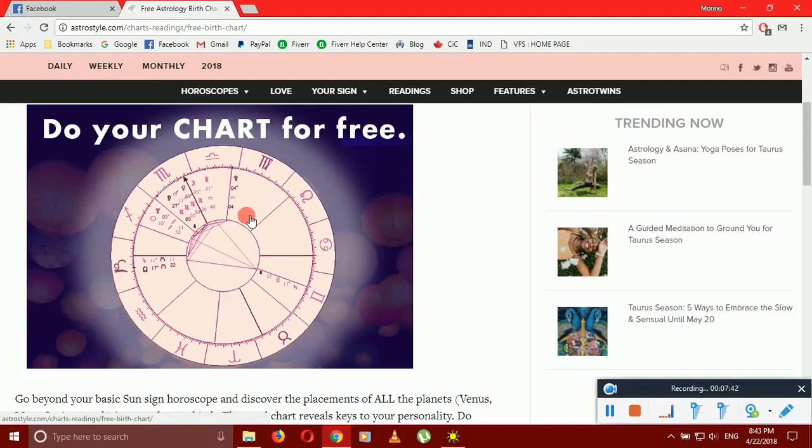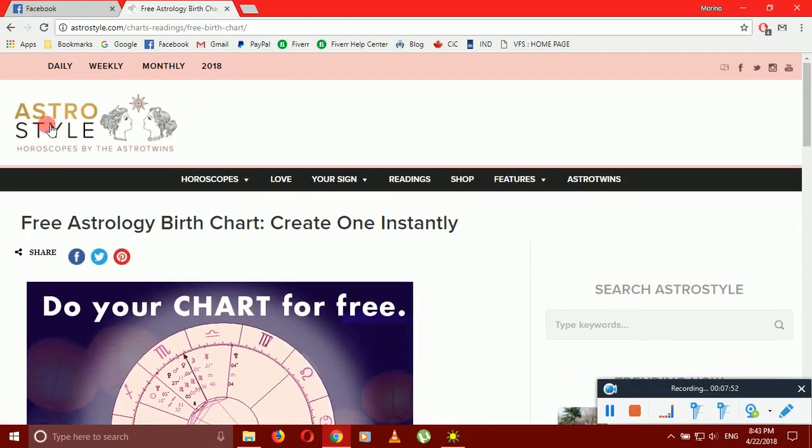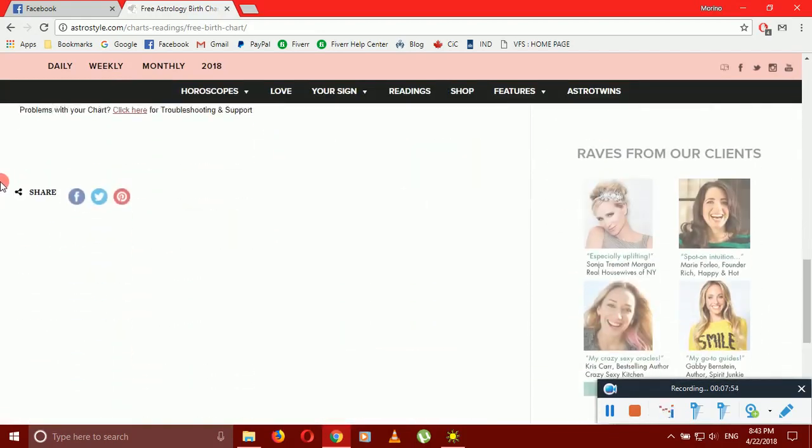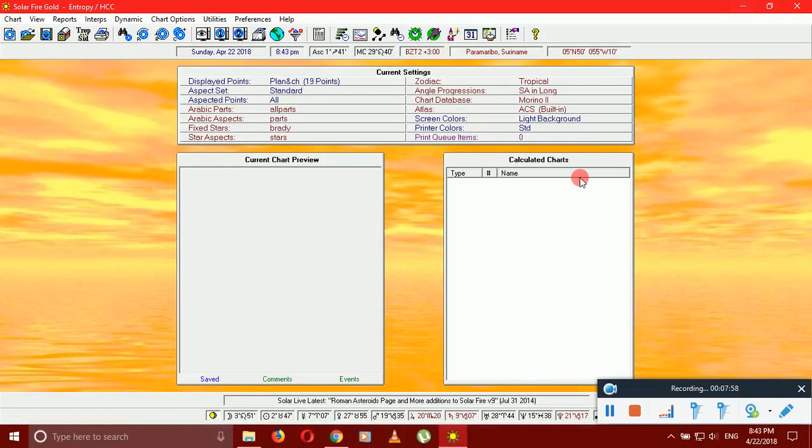It's hard to make out what aspects are, what everything is. I remember back in the day when I tried this. So this is just food for thought. I'm not dissing this site, for example, Astro Style. It is free after all, but still, it's nothing compared to professional astrological software like Solar Fire.